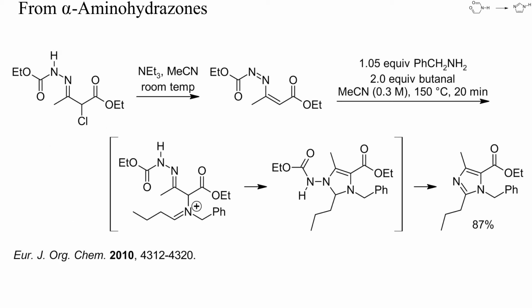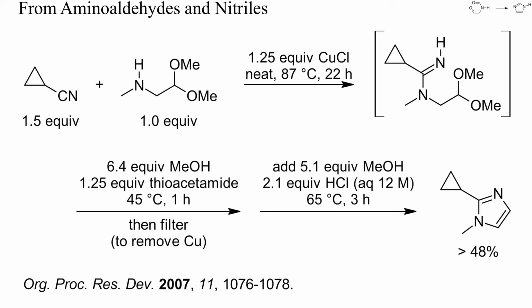Similarly, alpha-aminohydrazones can be cyclocondensed with aldehydes to yield imidazoles. Protected aminoketones or aldehydes can be added directly to nitriles and then cyclized to imidazoles. Unfortunately, nitriles are poor electrophiles and do not readily react with nucleophiles. Usually a two-step strategy, where the nitrile is first converted into an iminoether followed by reaction with the aminoketone, is